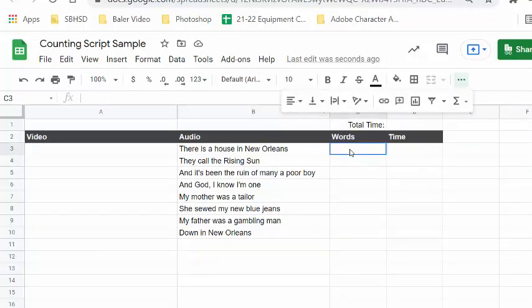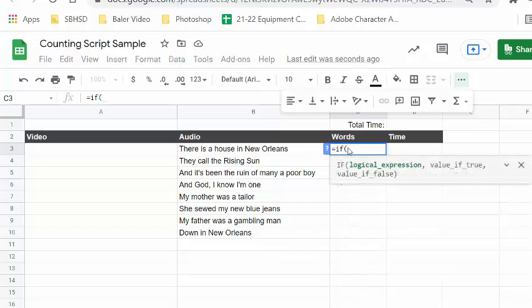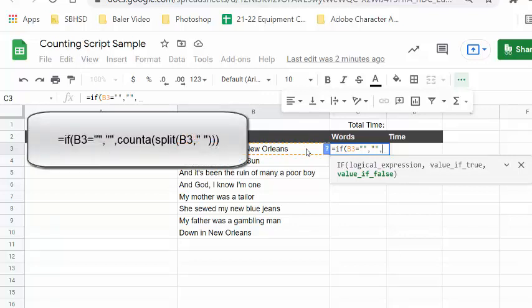We're going to write it up one piece at a time. So we say equals, what is it? Equals IF, it's conditional. We say if this equals nothing, which is quotation, quotation, then comma, quotation, quotation. And then another comma says, well, if that's not true, then do the next thing. So the next thing is going to be